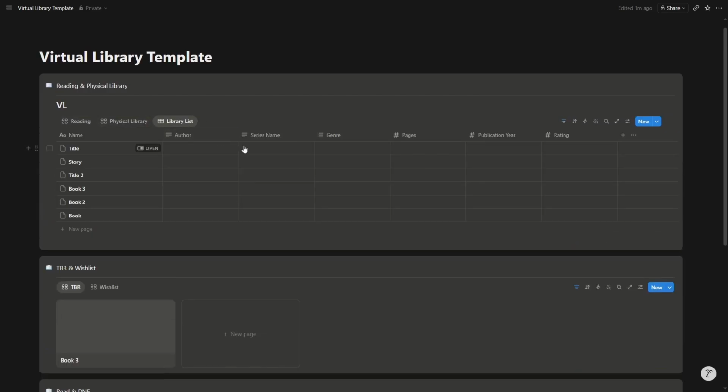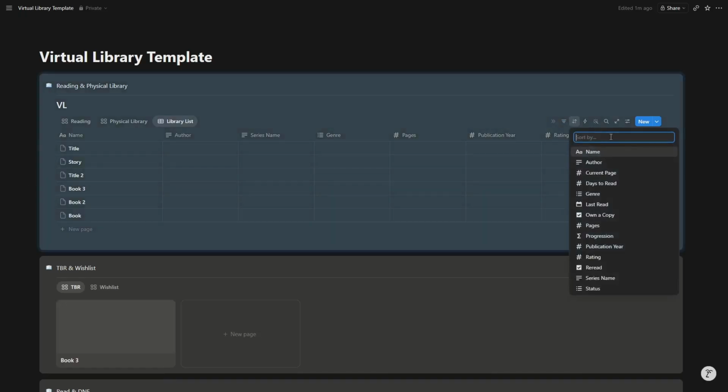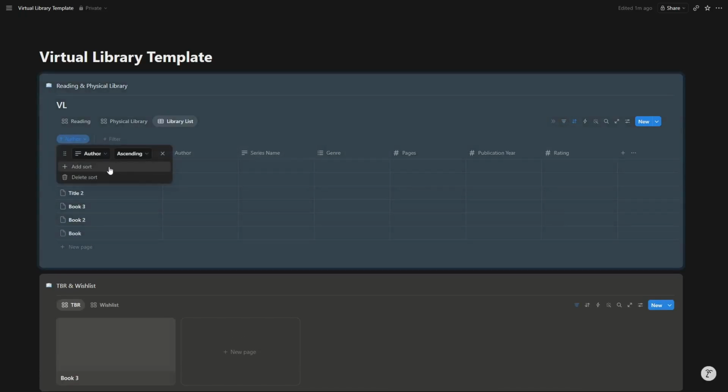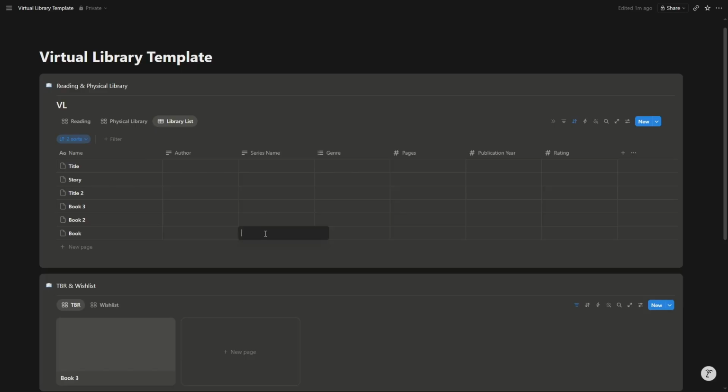Now, let's have a look at our library list. You can see here all of the different names of the books, but what we need to do is organize by author and then organize by series name. This is where I was saying before series name is important, and the reason why is I will go through and put the series name in. For example,